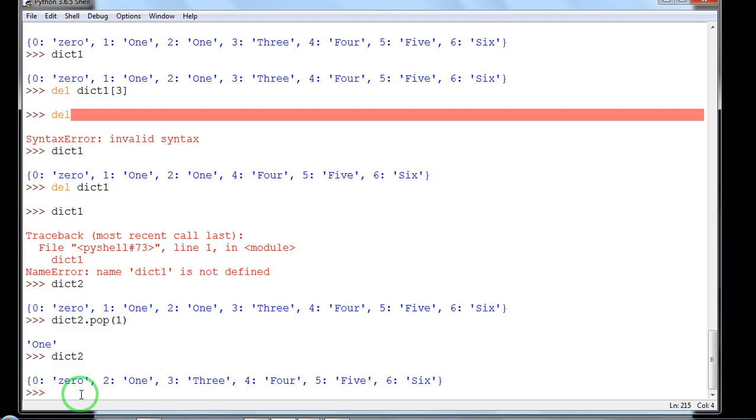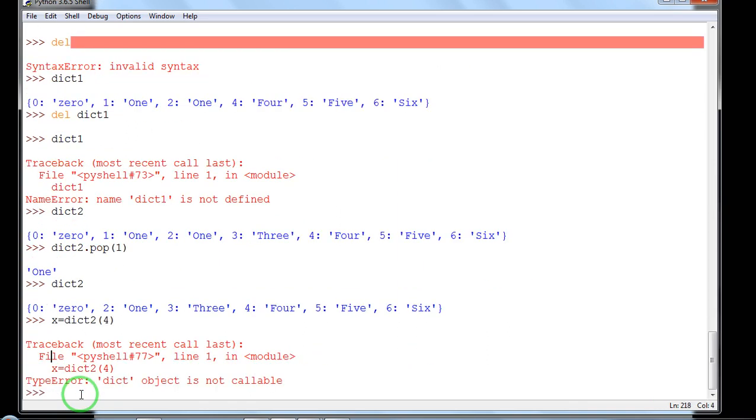I can also store the deleted value in a particular variable, for example x equal to dict2.pop, and then I want to delete the key 2. The key value pair will be deleted, but it will return the value that it deleted. Sorry, the name was dict2, I forgot to write the pop command. Okay, x = dict2.pop(2).